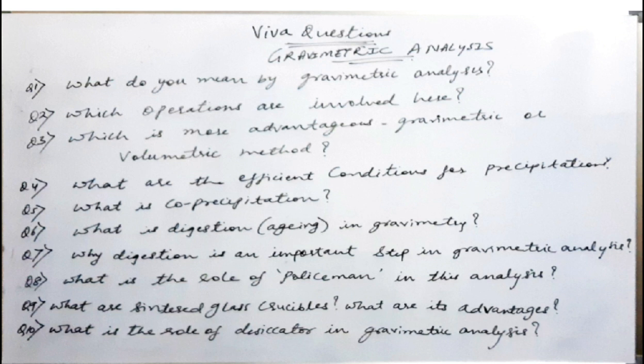See the last question there. What is the role of desiccator in gravimetric analysis? See, desiccator has a very important role to play in gravimetric analysis. Why is it so? Heated samples are cooled in a desiccator particularly to prevent the sample from gathering moisture as it cools. We do not want that, as your precipitates cool, if you keep them in open air, moisture from the air could easily attack them. To prevent the sample from gathering moisture during cooling, you prefer to keep it within a desiccator.